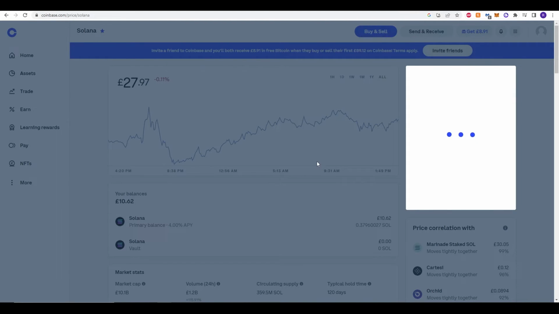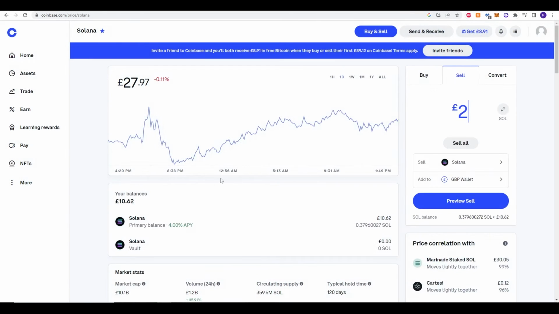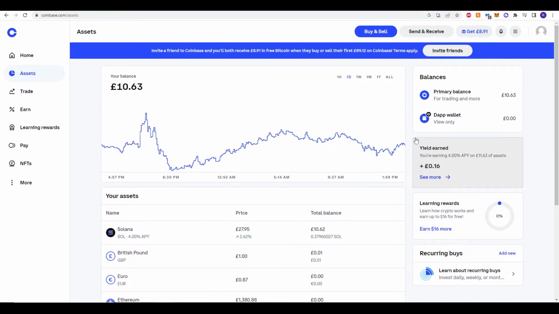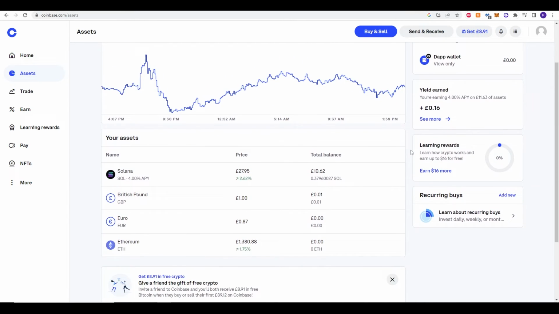So I'll sell that just now, and it will say that our order has been submitted. This might take a while for it to go through, so just click done just now and wait a couple of minutes and you'll find that that is all finished. Now that might take a couple of minutes to go through, or it might be quite quick depending on the time of the day. But if you now go to my assets, you'll see that there's an option again